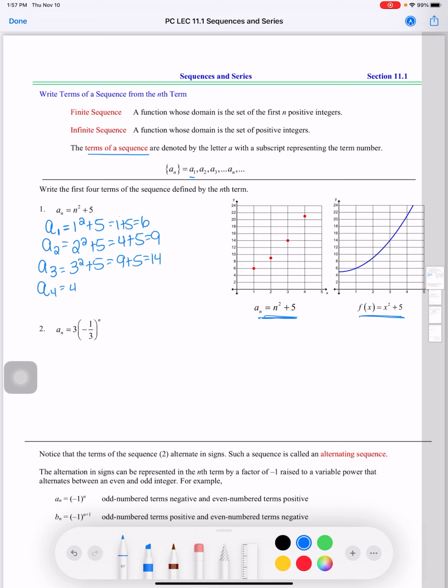And then down here, this gives me 4 squared plus 5, which gives me 16 plus 5, which is 21. Now, guys, if I'm going too fast, you can always pause this video and rewind. But essentially, what we did here is we just took these numbers and we substituted them into